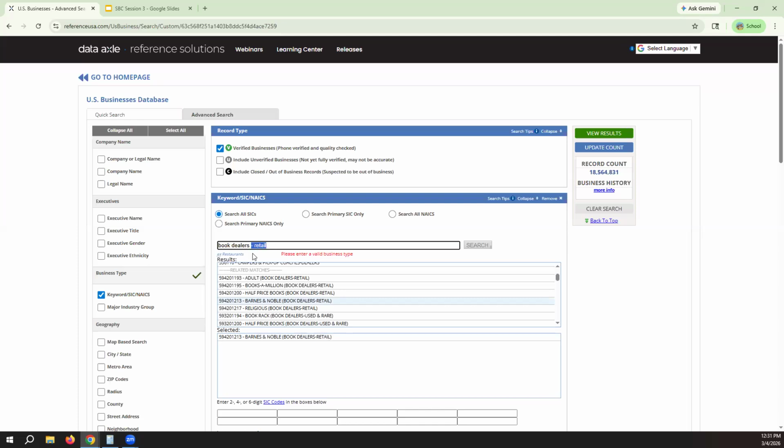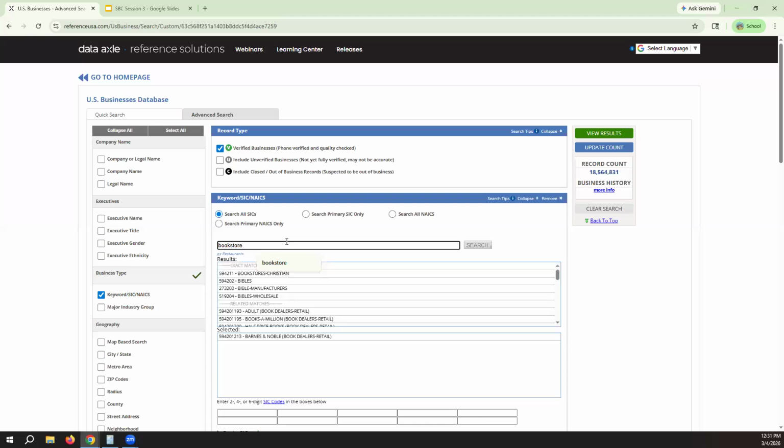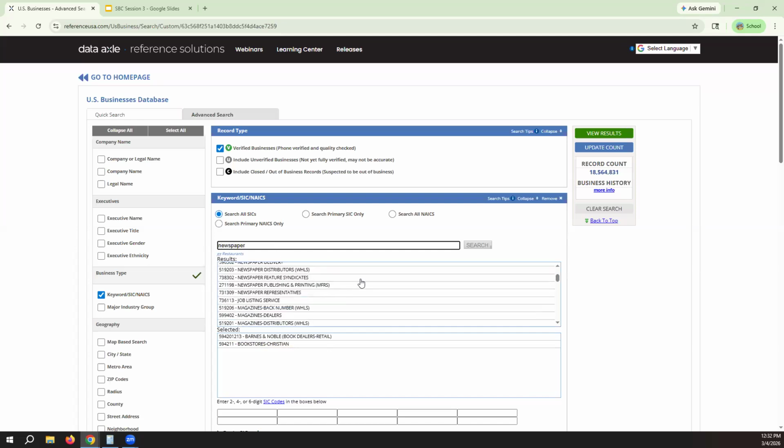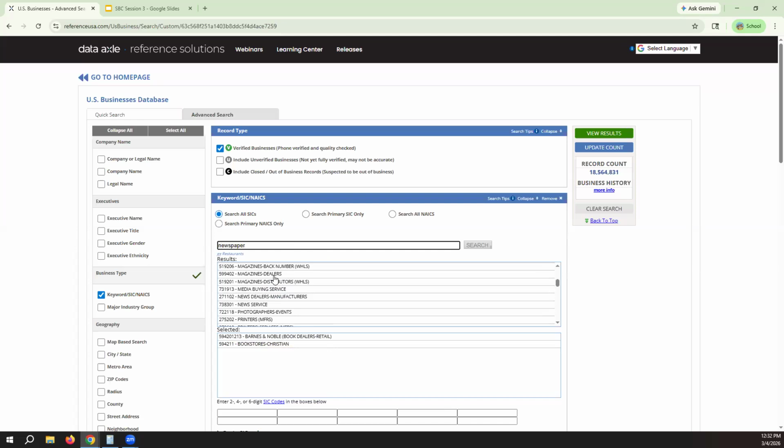See, maybe that one doesn't want to work. Let's try this one. Let's add the books. Let's go back to the bookstores and add that. And then try adding newspaper. Oh, newspaper dealers. Yeah, let's do that one.